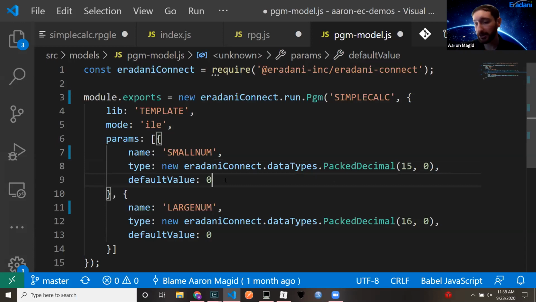Like the most popular one, the one I have in this demo, is the default value. That allows me to say, if I don't provide a value for this parameter to the program, use this default value instead of just having it blank, because naturally if I omit a parameter to the program and it's not specifically configured for that, it's going to fail on the call. And in a program like this, it's not going to do a huge amount, right? Because we only have 2 parameters, but the key benefit, I mentioned earlier, I was implementing a call with 1,147